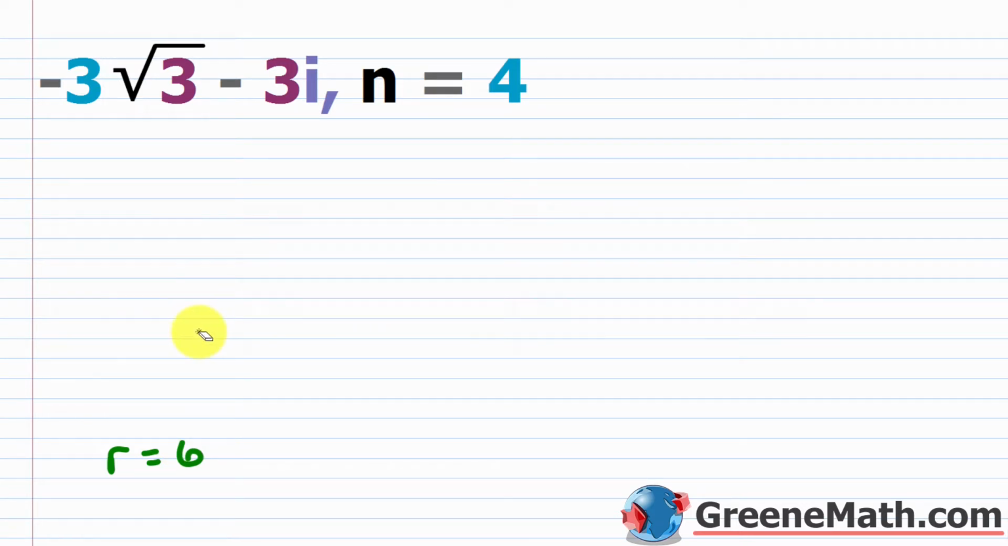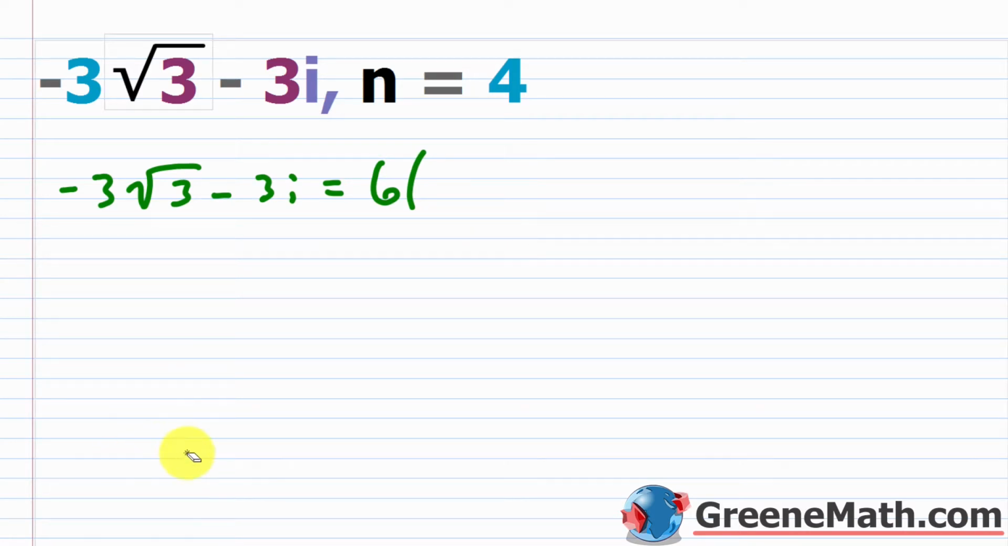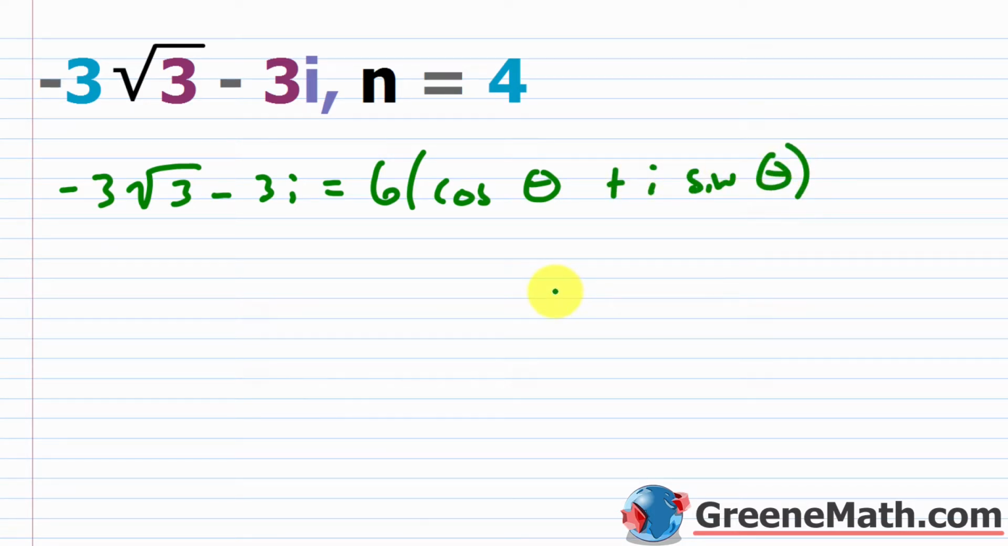Let me go ahead and say that in polar form, this negative 3 times square root of 3 minus 3i would be equal to 6 times, you're going to have your cosine of theta, I'll replace this in a second, plus i times the sine of theta. So for theta, again, remember that the tangent of theta is equal to